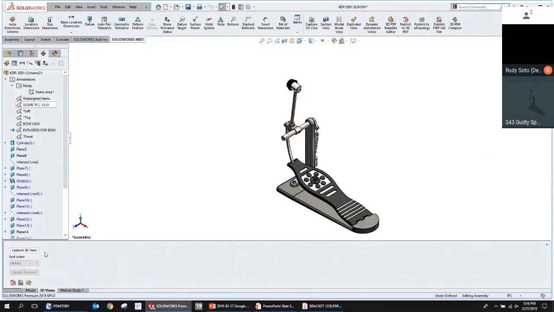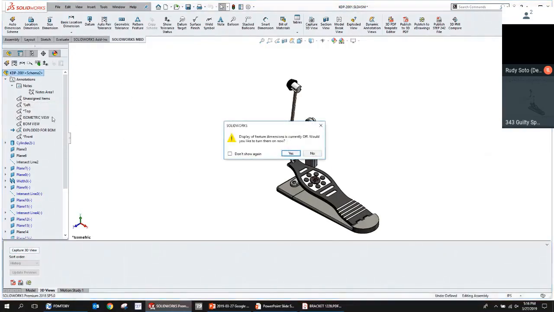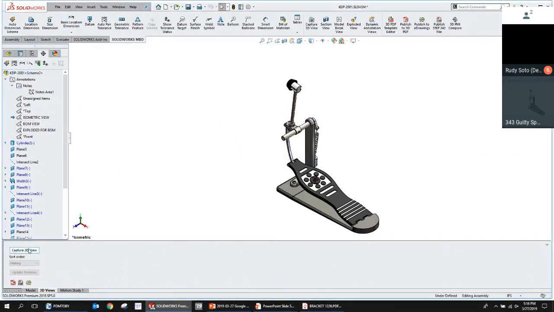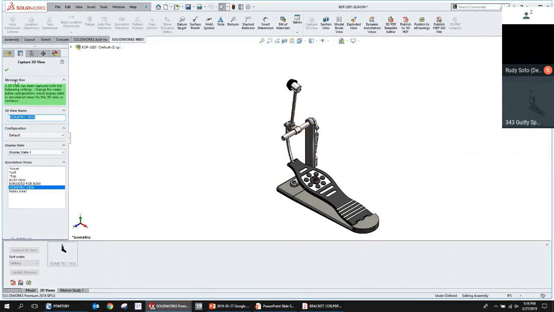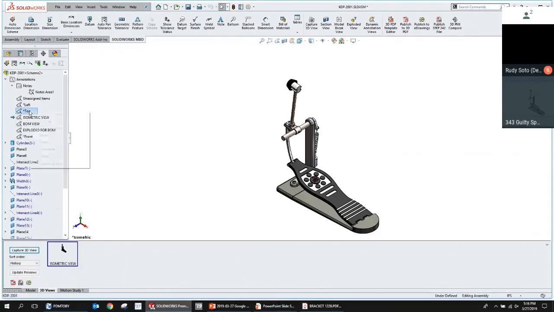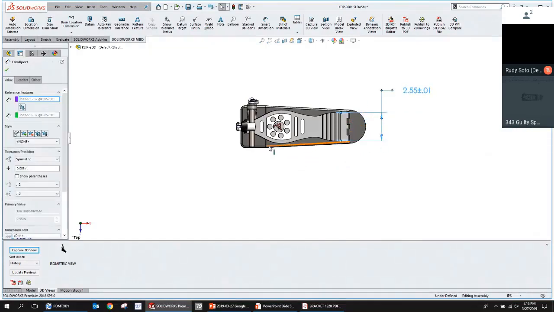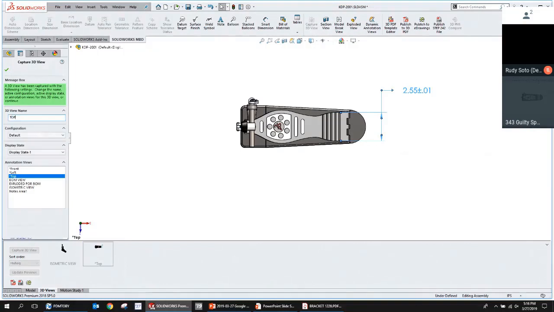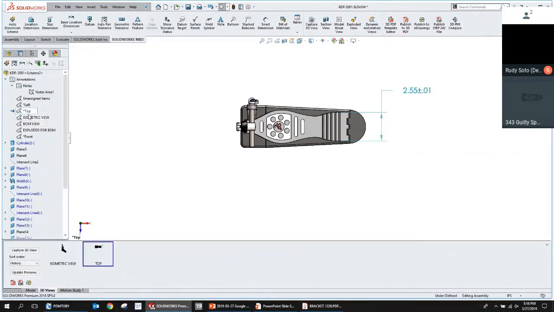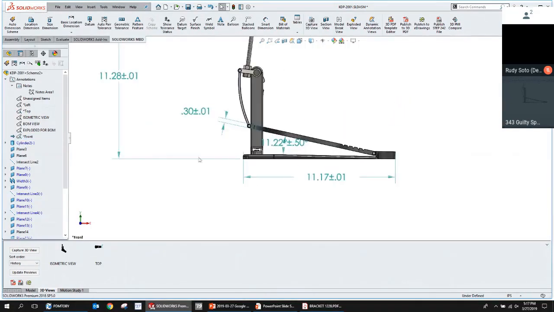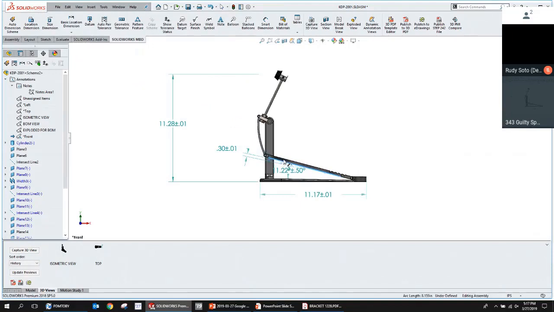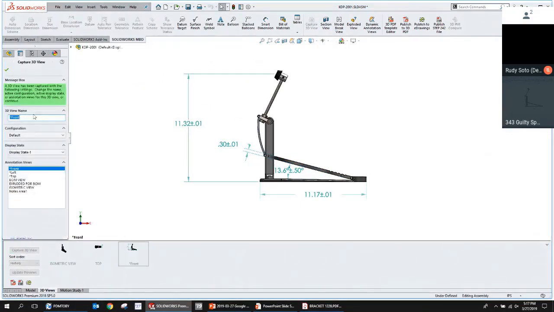Let's start creating some 3D views. So we'll start out here in just our isometric view, capture 3D view, call this one isometric view, that's fine. We're gonna go to our top view, activate and reorient, maybe zoom in a little bit here, kind of capturing this foot pedal here. We'll do capture 3D view, and we'll call that one top. And we'll go to our front view here. So front, activate and reorient. And we've got some different dimensions here. If we move this at all, we just want to make sure we rebuild so it's up to date, and we'll do a capture view here, front.